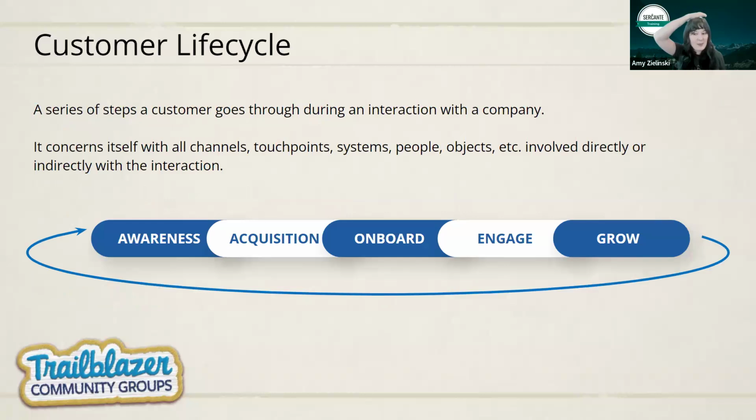All right, so customer life cycle. This is the series of steps that your customer goes through during an interaction with your company. It concerns itself with all channels, touch points, systems, people, objects involved directly or indirectly with the interaction. So this is a very common life cycle, probably the most common one that we have on the screen right now, where it is awareness, making a person aware of your brand from a targeted ad,